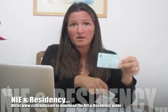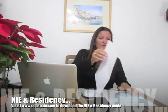Luckily, this A4 piece of paper has now been replaced by this little piece of paper. Similar size to the old card, but very, very flimsy and completely impractical because there's no photograph on it either, so you can't use it as a means of ID. So although you need to present this for legal purposes, you now also need to carry your passport around with you. And finally, another little piece of paper, one of the very many you'll come across when you move over here,